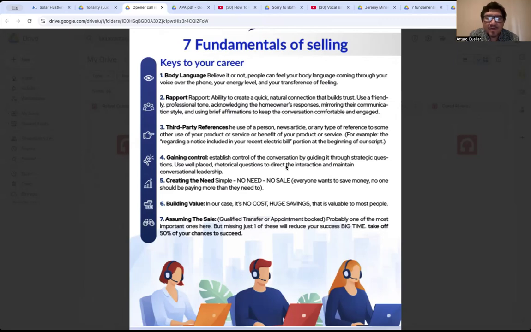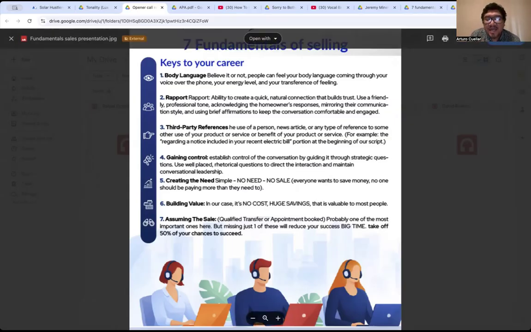You guys don't ask for permission to transfer the call. If you give homeowners the option to opt out, they will always opt out. If you ask something like, is it okay if I transfer you over? Can I transfer you over with my specialist? Would it be okay if... don't do that, because you're not going to be able to transfer calls. You have to assume they want to be transferred. You bring the specialist on the phone and you do a proper handoff. We will show you how to do the handoff, but just take into consideration that you have to assume they want to be transferred.